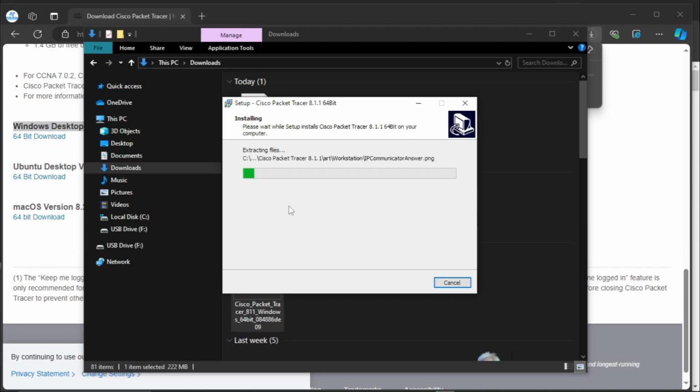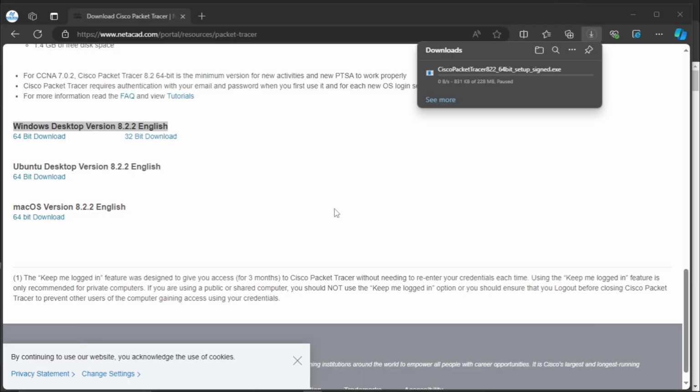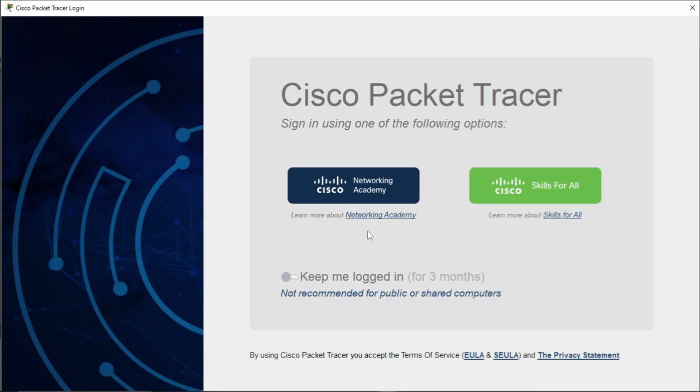I'm going to fast forward this a little bit. Okay, the installation is done. Click on finish. Let's go to our desktop and open up Packet Tracer. Once this interface opens, for you to be able to access Packet Tracer, you have to log